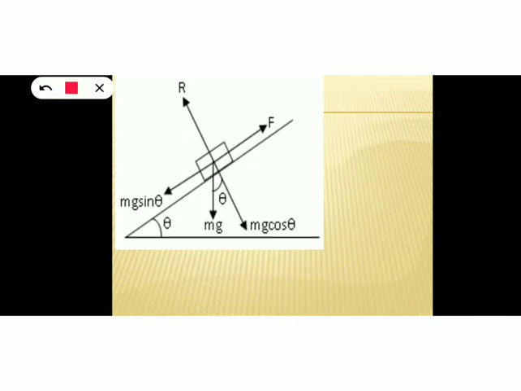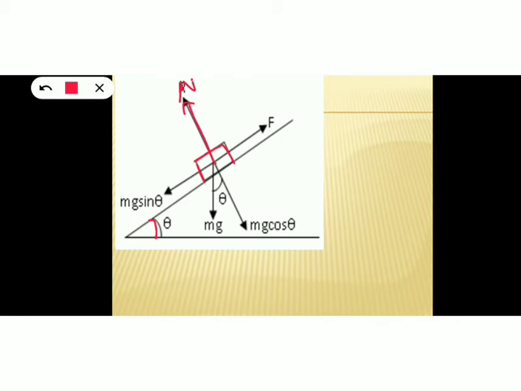So here from the figure we can see an object slides down the inclined surface. Theta is the angle of inclination. And what are the forces acting on this object? One is the normal reaction force N. In some books the normal reaction is denoted by R, so that's why R is written here. Anyway, you can consider it as our normal reaction.